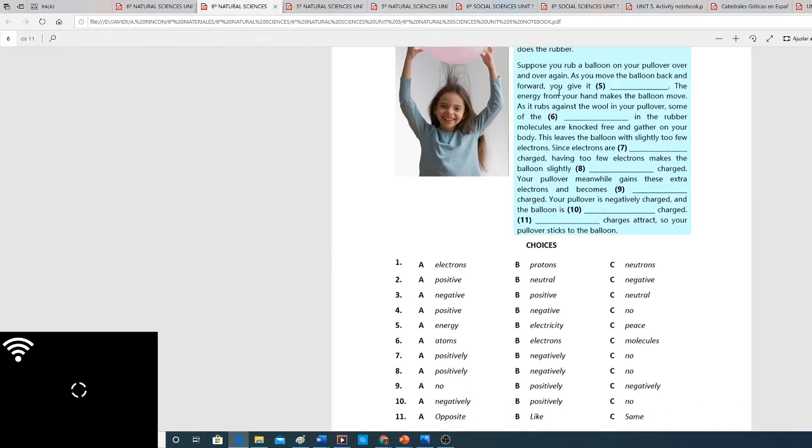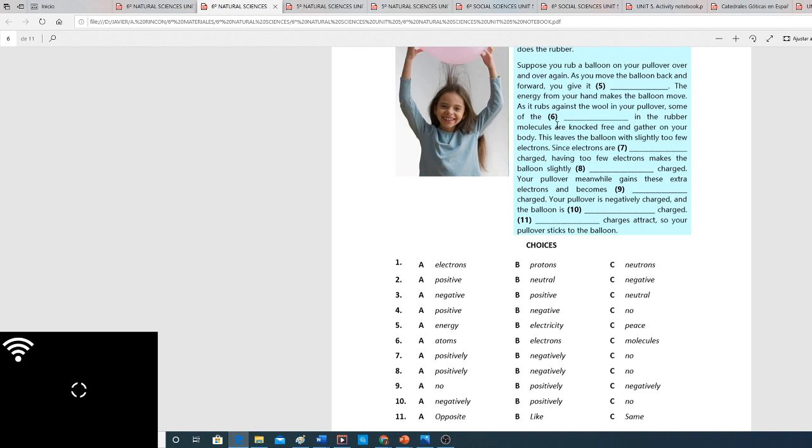Now, suppose you rub a balloon on your pullover over and over again. As you move the balloon back and forward, you give it number 5: energy, electricity, peace? No way, this is nonsense. Energy is the answer. Good, so let's follow. The energy from your hand makes the balloon move, and as it rubs against the wool in your pullover,